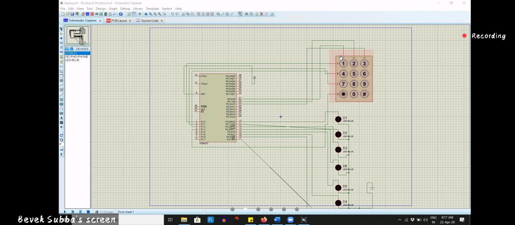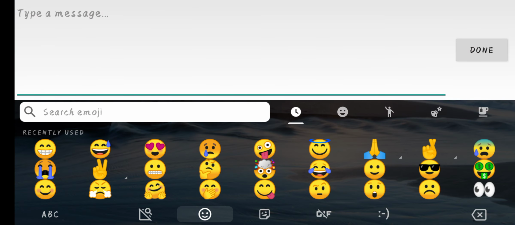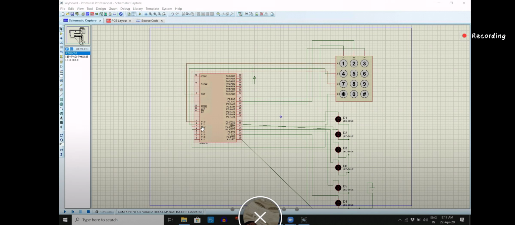notice here that this keyboard has a row and a column, okay. It has certain number of rows and certain number of columns. These rows are connected to your port number 1.